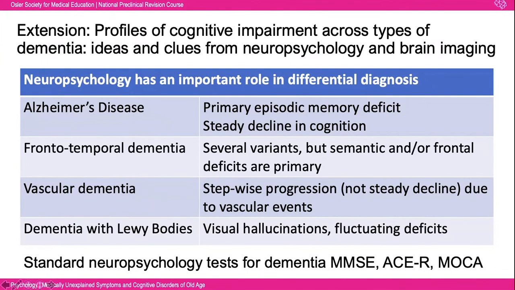So there are several standard neuropsychology tests for dementia, which can be useful in diagnosis. The MMSE stands for the Mini Mental State Examination. The maximum score is 30, but we generally say mild cognitive impairment is less than about 27, and Alzheimer's disease less than 25. The MoCA is the one that you're most likely to see in the Oxford Hospital.